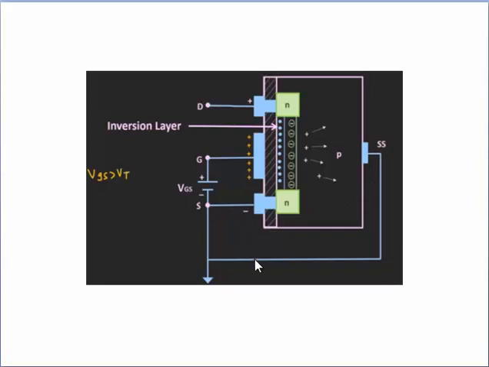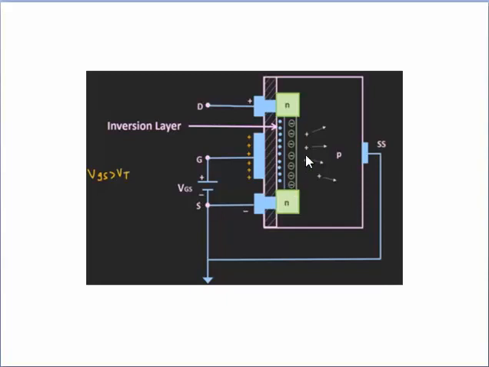And now we will consider that this VGS voltage is always greater than threshold voltage. And now let us see what happens when we apply VDS voltage. When we apply VDS voltage, then through the channel the electrons will get attracted towards this positive terminal, and in this way the current will establish in this MOSFET, and the conventional current will flow from drain to source terminal.